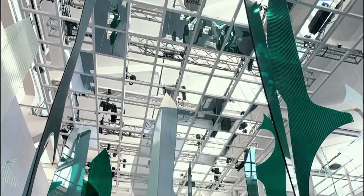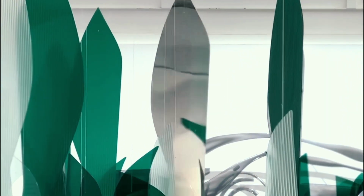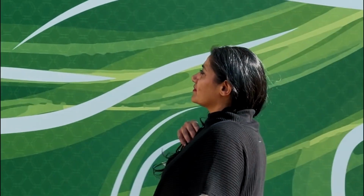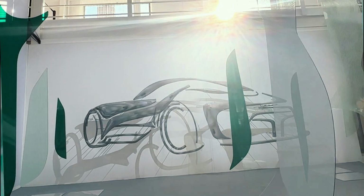I wanted to take the opportunity to be in this beautiful sunlit space to recreate an immersive forest-like feeling through the shapes of the car, which was such an inspiration for what we did in the sculpture garden at the ICA in Miami, where I really just took the shapes of the car, found these kinds of Matisse-like qualities in the shape, which is really driven by aerodynamics, and to take those shapes and create a kind of a moving forest of the car that's deconstructed so that when you go through it, you get to actually see the shape